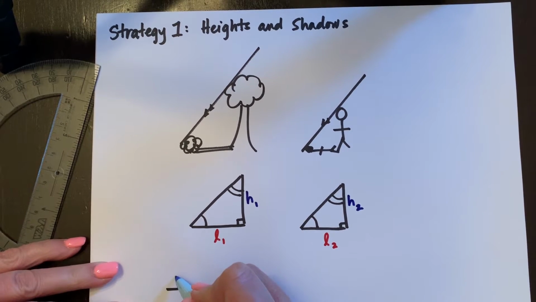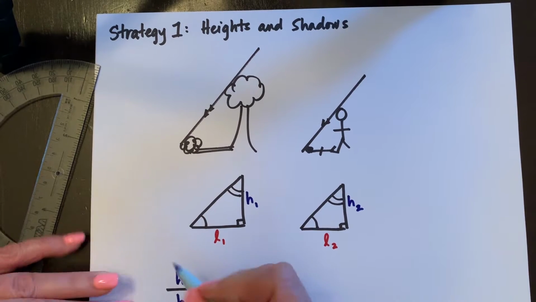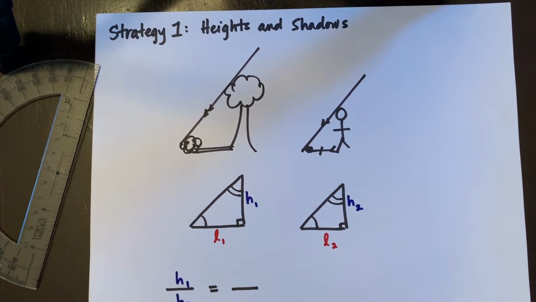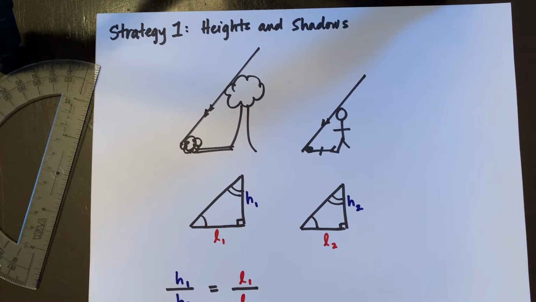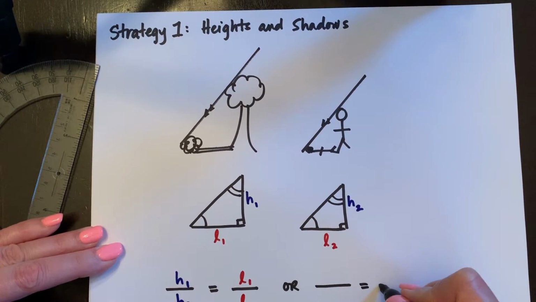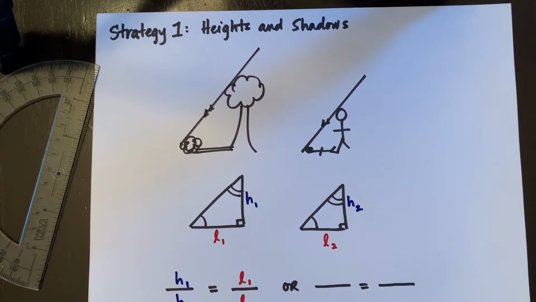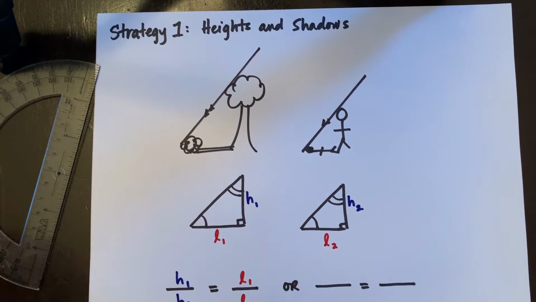So I can compare the height of the tree to my daughter's height with the shadow of the tree to the length of my daughter's shadow, or it doesn't matter how we compare